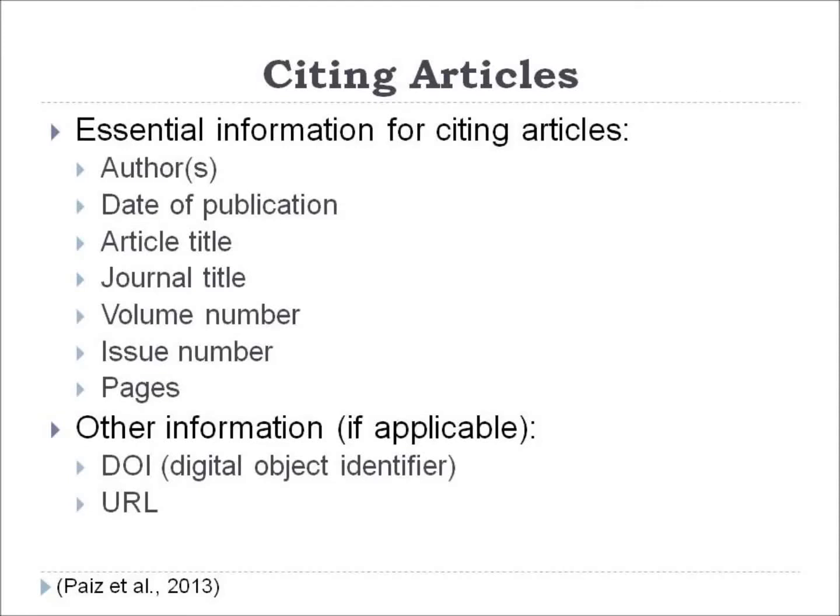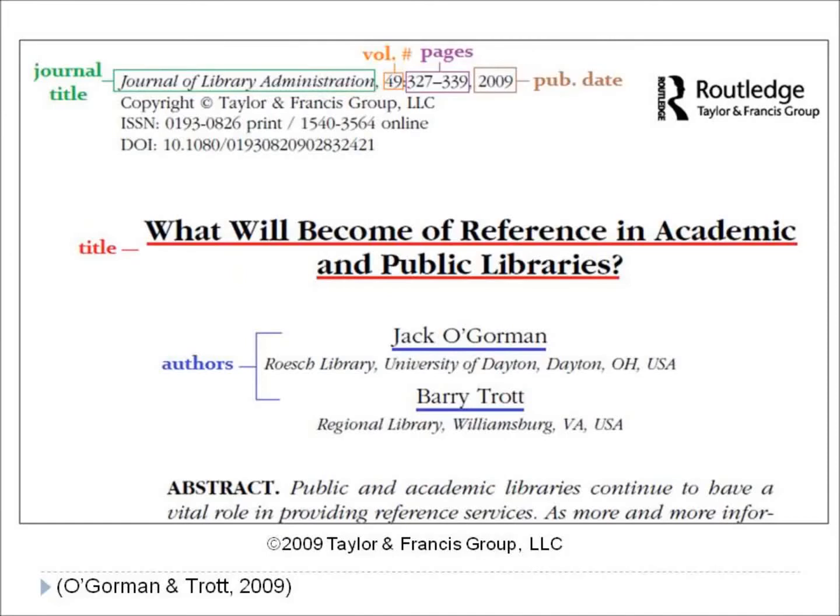Next, we will look at the essential information for citing an article. This includes author, date of publication, article title, journal title, volume number, issue number, and pages. We also need to know the digital object identifier, or DOI, or the URL of the article. Most of this information will usually be found in the bottom or top margins of the first page of the